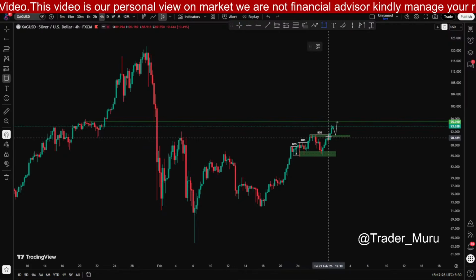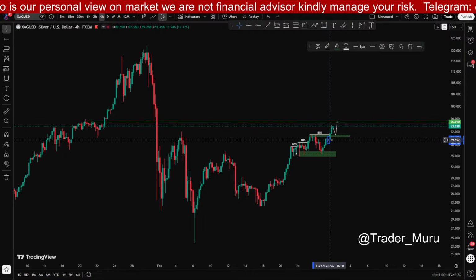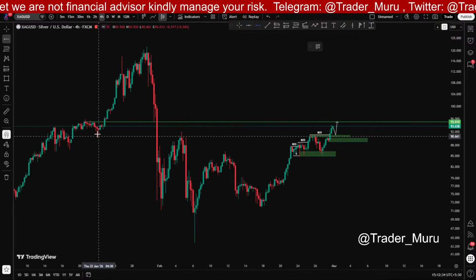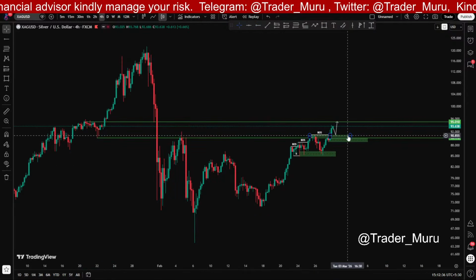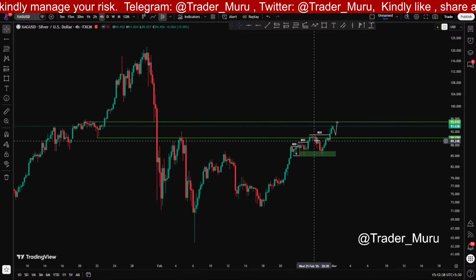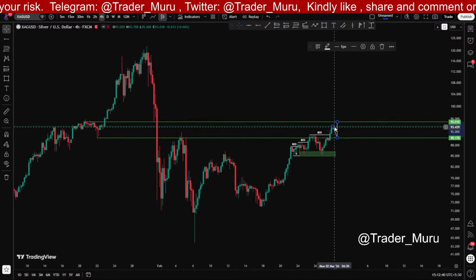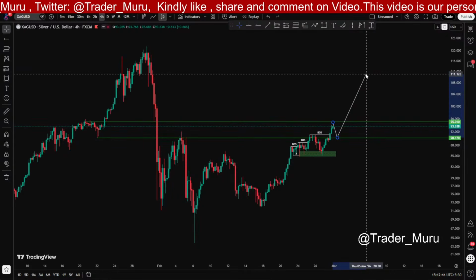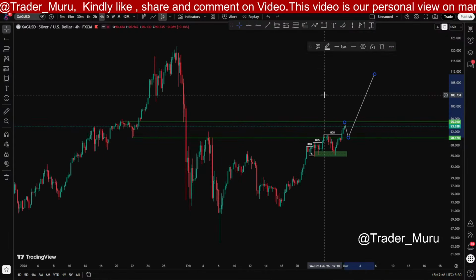This is your maximum retracement area, this order block. From here, see this, we have another pump possible, and that pump will be nearer about this resistance